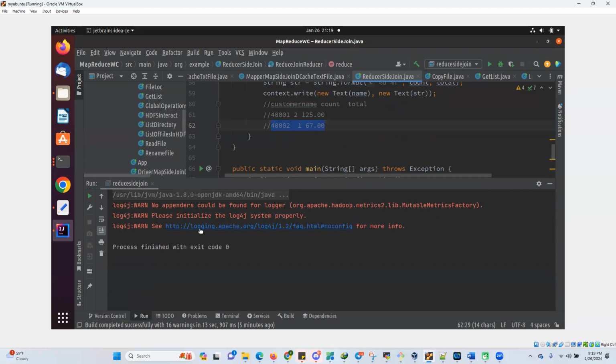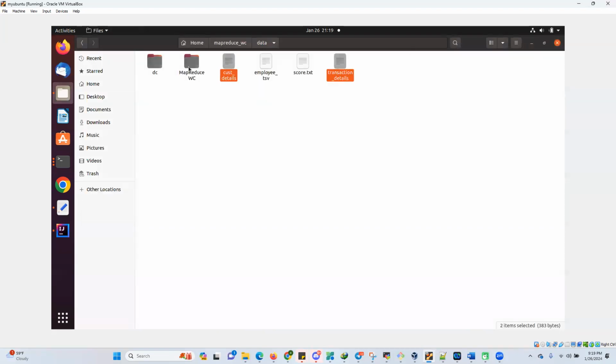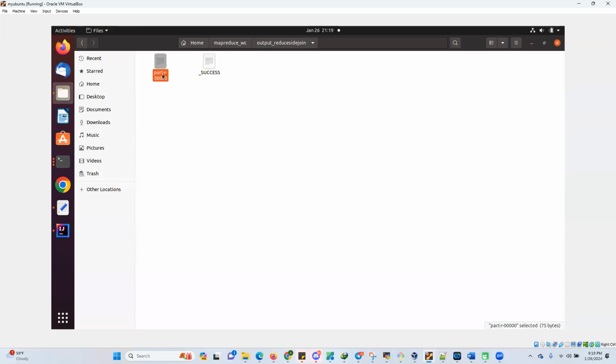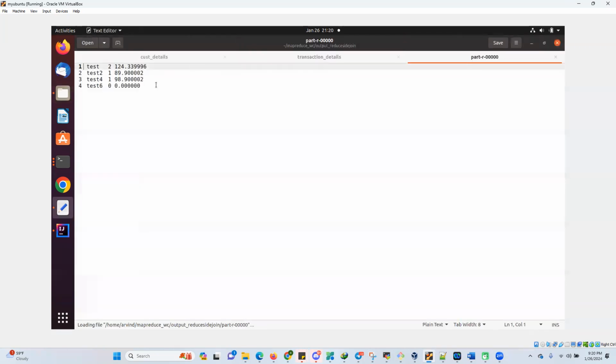I have already run this code. So my output is generated in the data folder. I have given this one, output reduce side join. If you come here, one part-r file is created. Why part-r? Because it's a reduce side join. So can you see